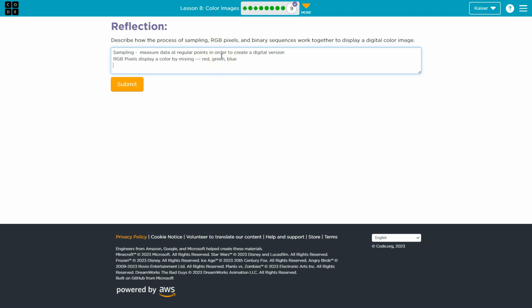And binary sequencing. So binary sequencing is just the storing of information in bits. So we sample an analog image. We then use that sample data to recreate our image. What's going to matter, though, is the binary aspect of this is going to control the amount of information that we get. So keep in mind, binary